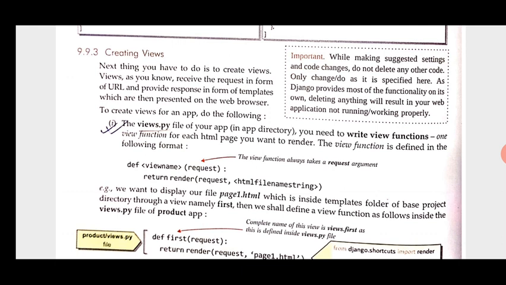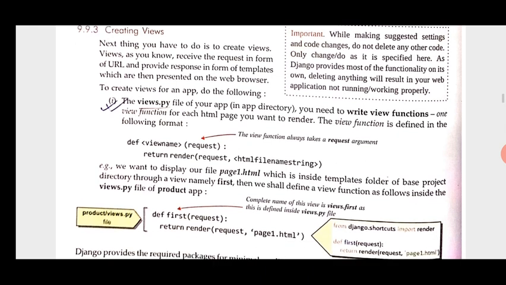So this is the next activity, view creation. For view creation, we need to write one syntax. In the views.py file of your app, you need to write one view function for each HTML page you want to render. So here is how to write this.